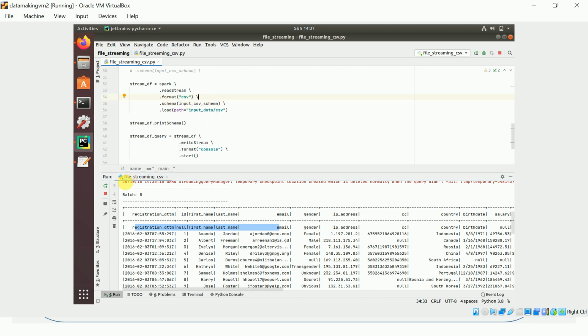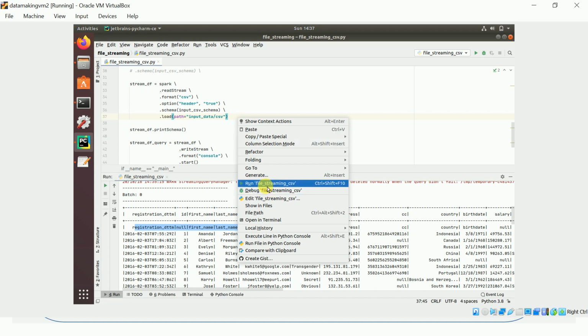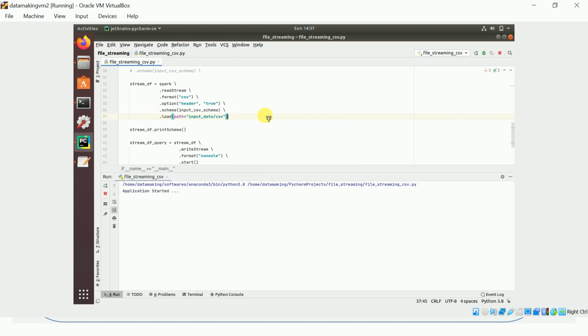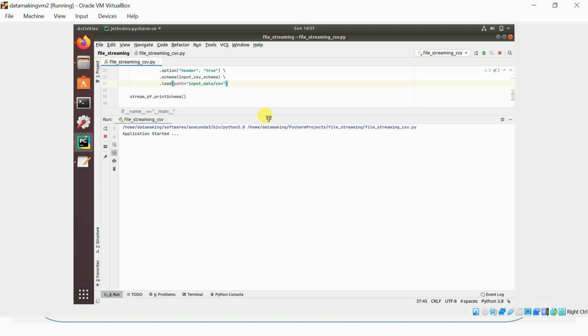How do you specify it? Let me stop this. See, you see here this data column is also coming as input. I'll go here, use the option function and specify header equal to true, so that it will not consider the first row, the header column, as one row. I'll just say true. Okay, now let's run this program again. You should see the data without the first row, as the first row should not have columns.